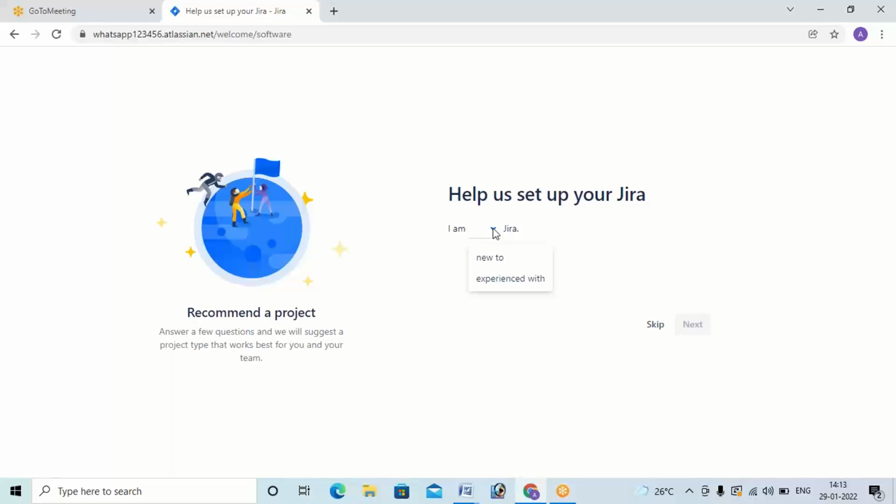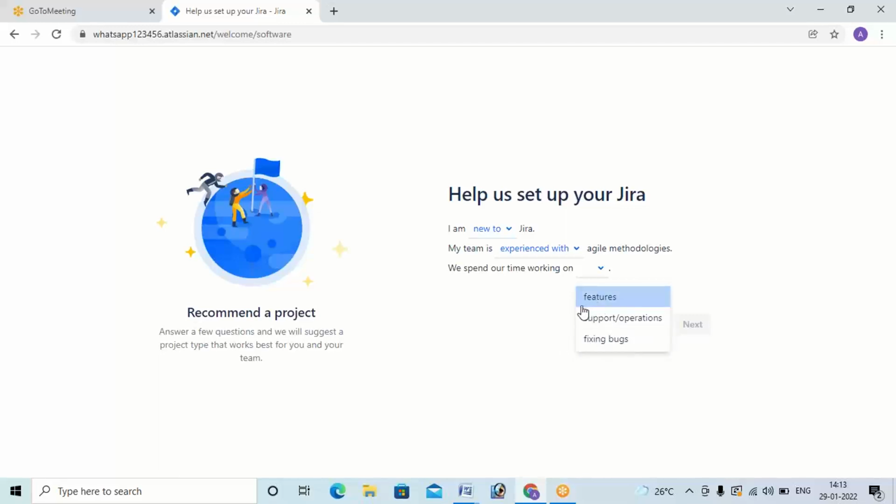So you have to choose here: new to Jira, my team is experienced with agile methodologies. We spent our time working on features, writing the user stories and posting them, and fixing the